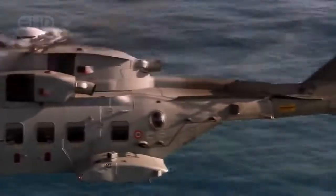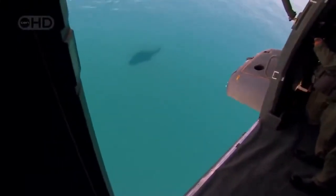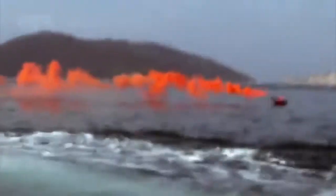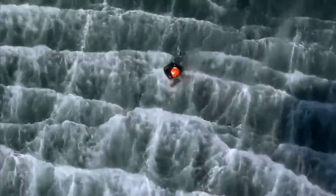And it's huge, almost 75 feet from nose to tail, and tipping the scales at 15 tons. A giant that can range 900 miles out into the open sea at a top speed of almost 200 miles an hour. And when it finds its man, it can fight winds of over 50 miles an hour to hover rock steady in the sky, saving seconds in a race where death